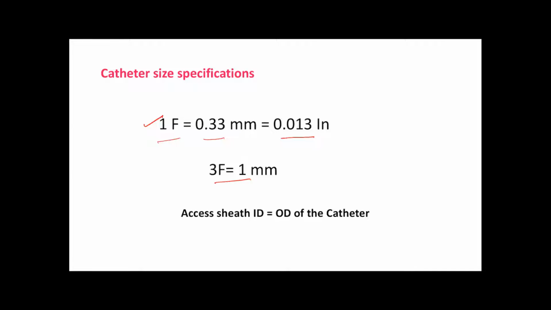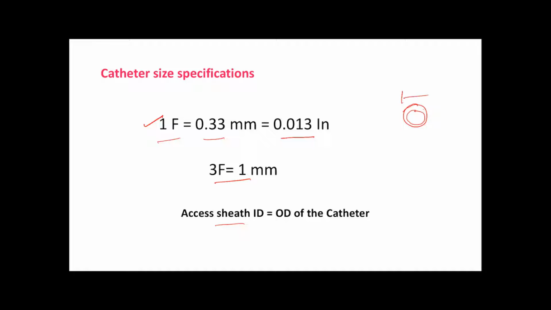And one thing that you should remember: whenever you do an access, you need a 6 French sheath. You tell your technician, give me a 6 French sheath or 7 French sheath. But at the same time, you say that I need a 6 French guide. So what is the difference? You should keep in mind that the guide catheters or the diagnostic catheters are made in such a way that for every catheter we have,